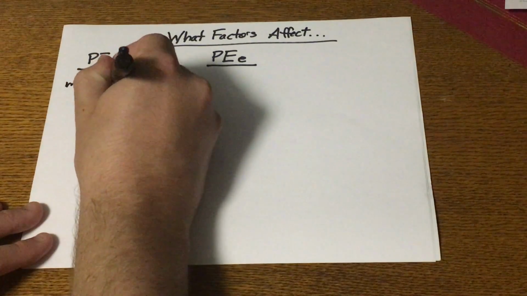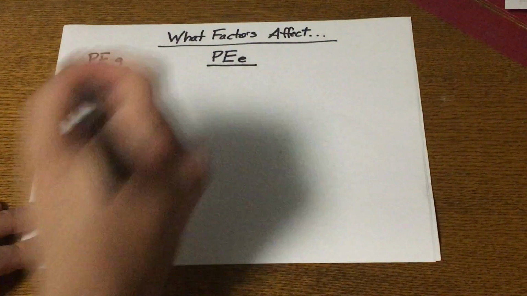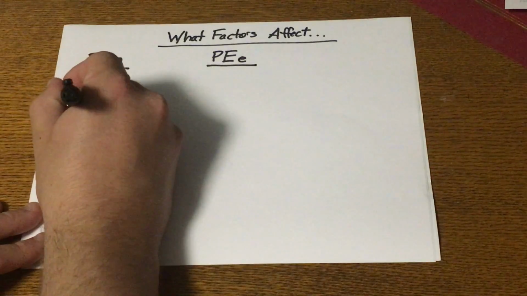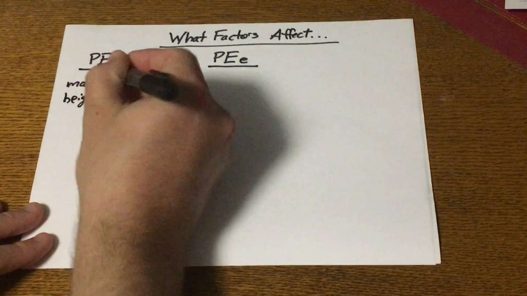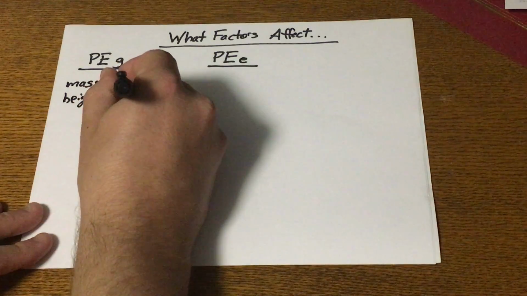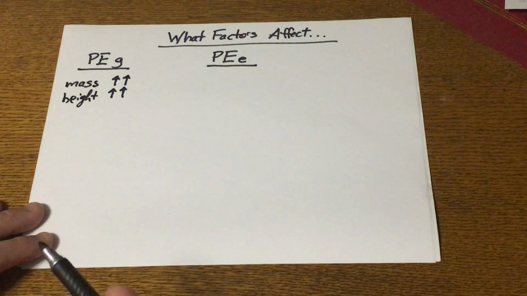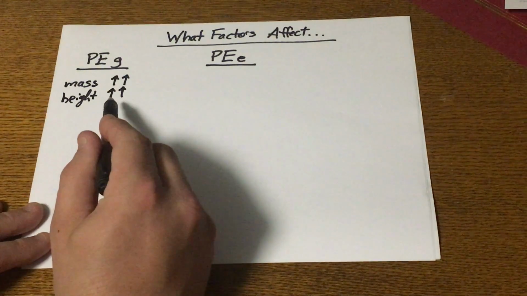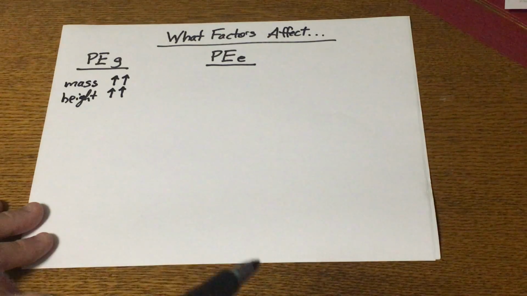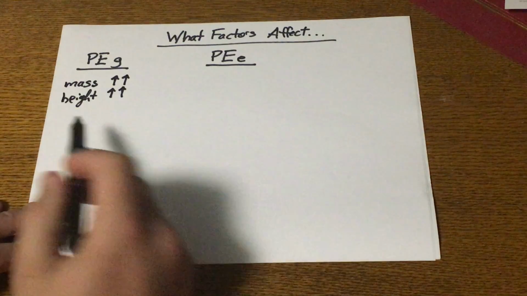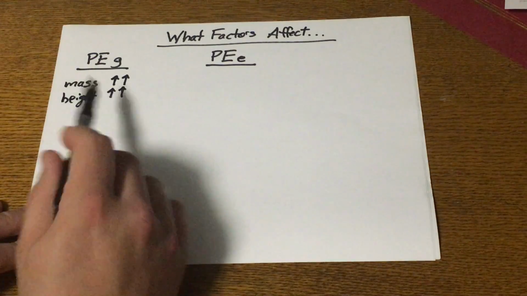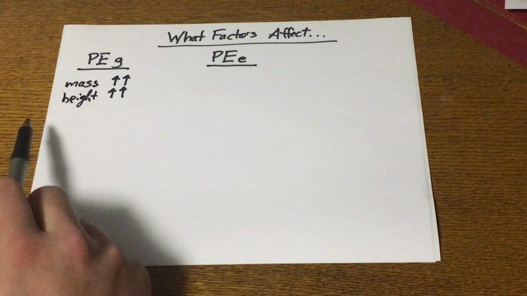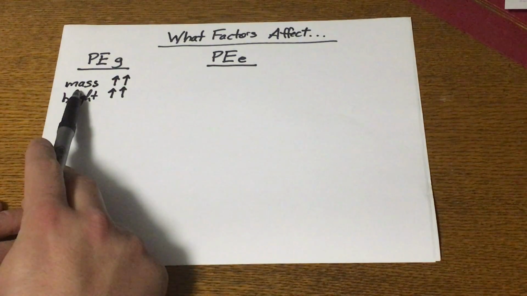If mass goes up, energy goes up. And then another factor that affects it is the height. If something's held higher off the ground, the amount of energy will also go up. Remember that energy is the ability to cause change. So we did this a couple ways, but one of them was to drop items onto pop cans. We saw both that the higher the object was when it fell, the more change it would make as it crushed the pop can, and that the bigger the object, like that big shot put we had,